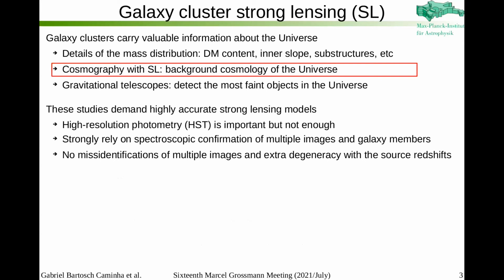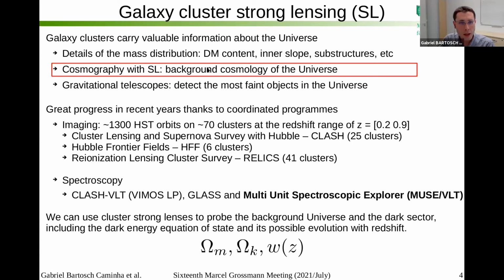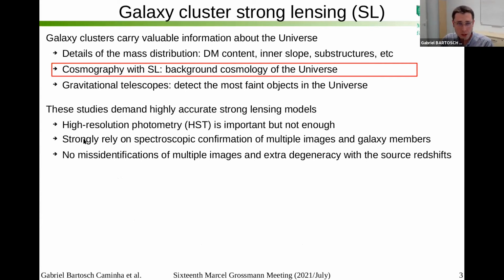and its possible evolution with redshift. To do this, of course, we need good data, but we do have a lot of good data nowadays. Basically, high resolution photometry from HST, that has been observing a lot of clusters in different surveys, but we also need a lot of spectroscopic information. The spectroscopic information is important because we need the redshift measurements of these background galaxies, and also a good estimate of the cluster members in the lens plane. With this good data, we are basically free of the misidentification of multiple images that has happened in the past. We also break the degeneracies between the lens mass distribution and the redshift of the